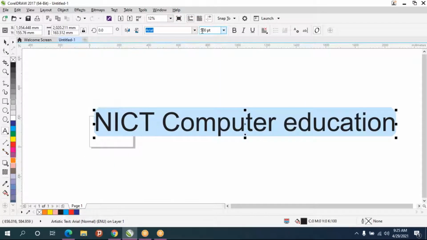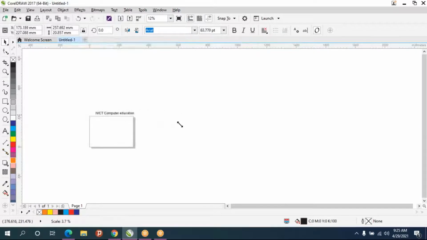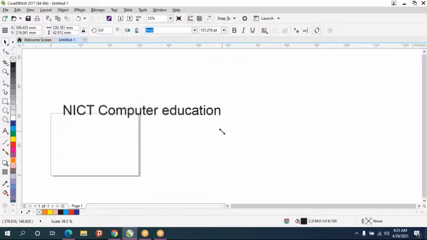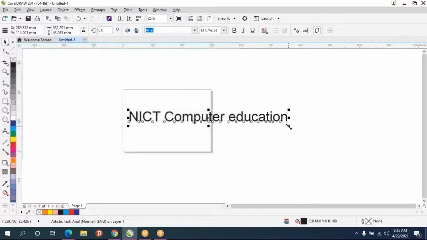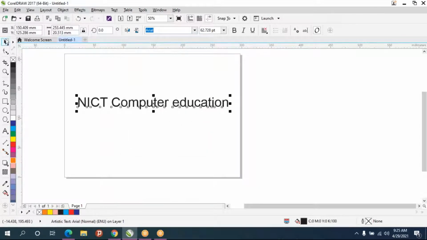By typing the size you can adjust how much you want, or by taking this pick tool we can adjust the size as you like. So from the corner only you have to adjust. When you are adjusting the text by using the pick tool, from the corner you have to adjust.